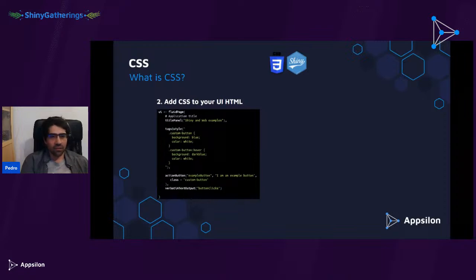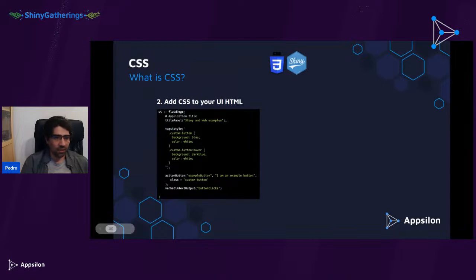And in Shiny, well, in HTML, you can do this by using a style tag. Shiny has a very comfy element called tags that you can use in your UI definition. And inside of that, you typically find most of the HTML tags that you'll need. So here, for example, I want a style tag. Style tag is a tag that exists in tags.